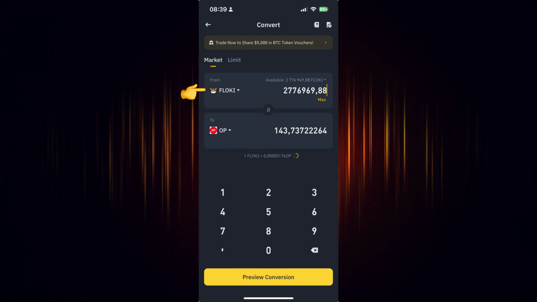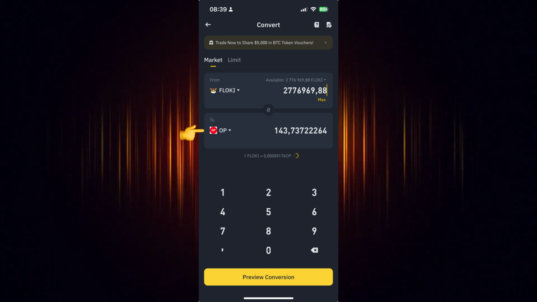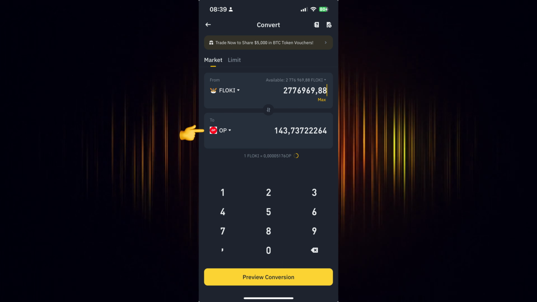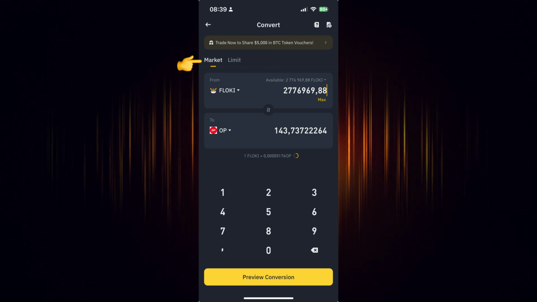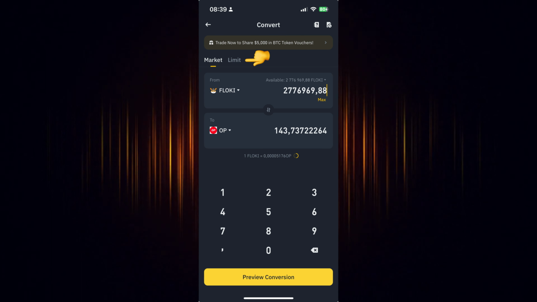Now select the currency you wish to use for the purchase. Then add the currency you want to buy. In our case, we are looking to buy OP. There are two ways to buy it. You can either choose the current market value, or you can set the specific price at which you wish to